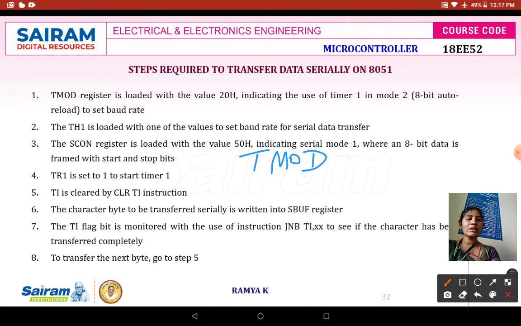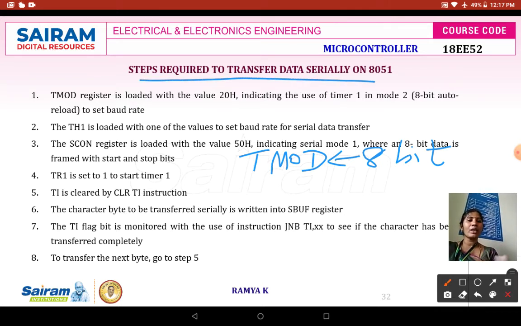Why? TMOD is an 8-bit register meant to assign the modes of operation, that is, the timer modes of operation. To transmit the data serially via TXD, or to receive the data serially, you always have to use an 8-bit auto reload in case of your timer mode.